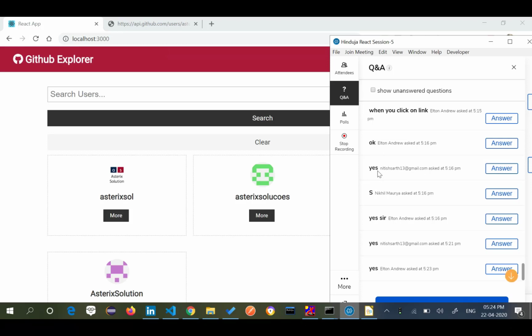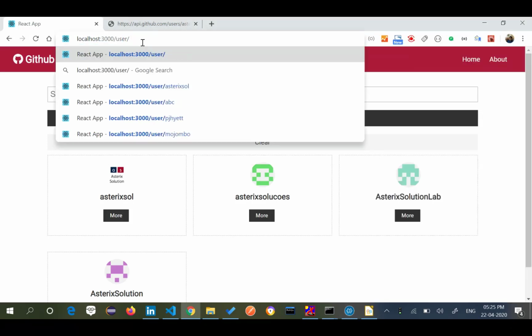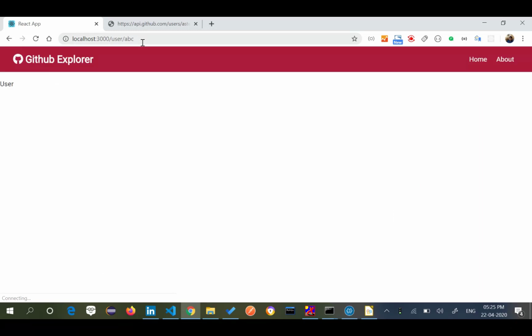Are you clear on that one? Others, are you getting this point? That this is how my application was working. I have a page now which says slash user slash abc, so it is going to create a user page. Obviously, we are going to work on this page now.